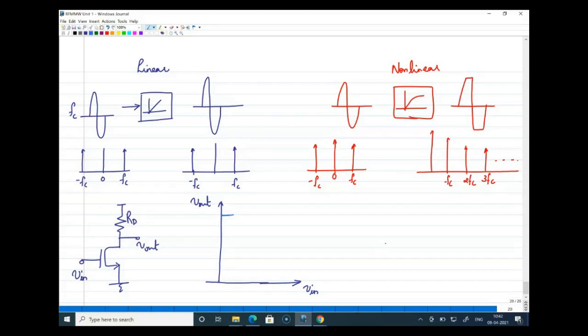Initially when your Vin is 0, your transistor is off, your output is tied to VDD, that is the maximum. But as your input increases, your transistor will turn on, and as a result current will flow and your output will drop from VDD, right? Initially your transistor was in cutoff, and now the transistor enters into saturation, and after a particular voltage of Vin, the transistor can even enter into the linear region, right? So this is what you have seen as the transfer characteristic of a common source amplifier, where this is the portion where the transistor is in the saturation region.